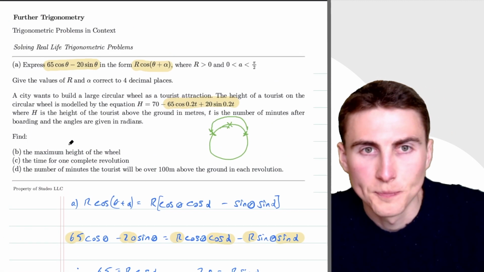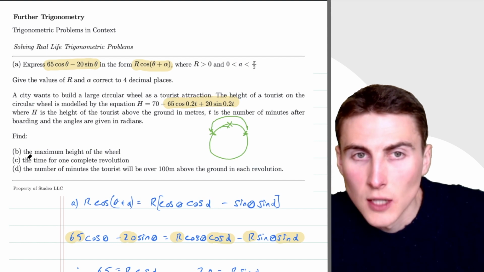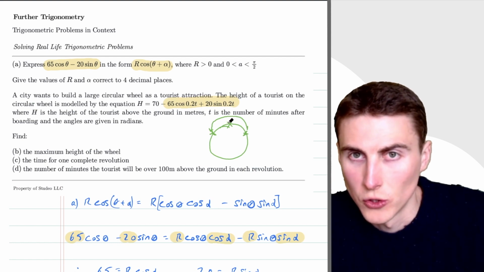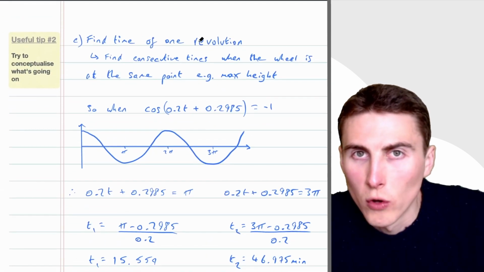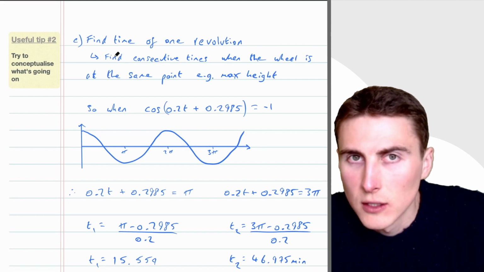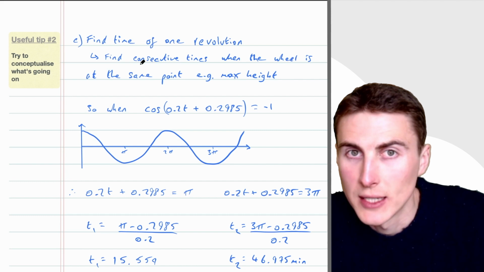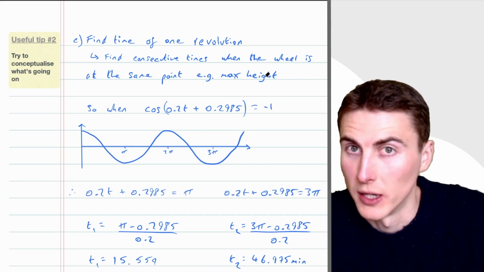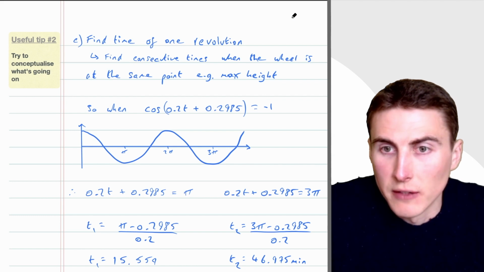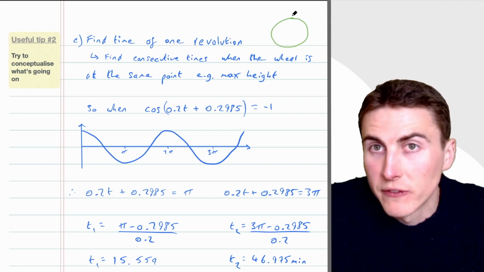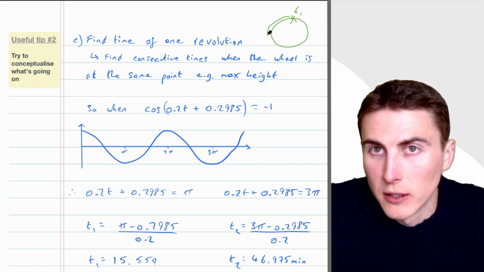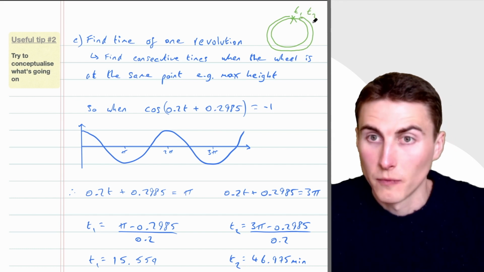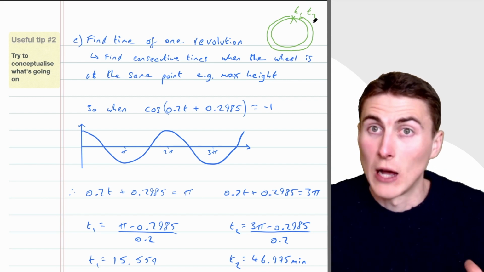So if we scroll back up, part C said calculate the time for one complete revolution. So the time it takes to go all the way around. If we think about that, to find the time of one revolution, we really need to find 2 consecutive times when the wheel is at the same point, like when it's at the maximum height, for example. Because if the wheel is like this, and if we knew the time it was at the very top, say that was t1, and then we went all the way around, and then we found out the next time that it was at the very top, say t2, the difference between those times must have been how long it takes to get all the way